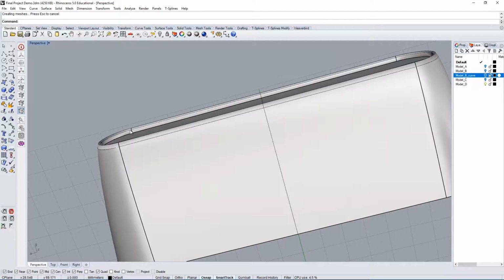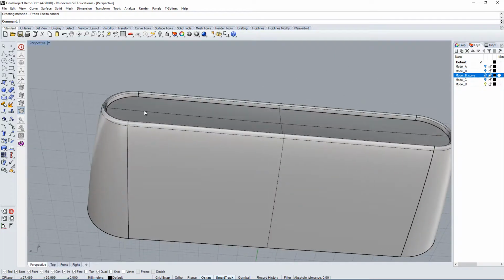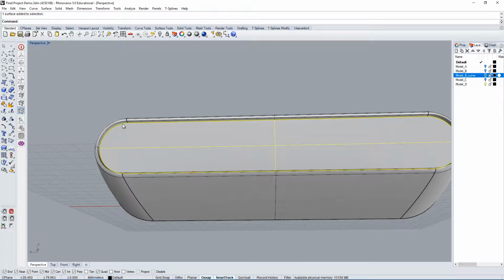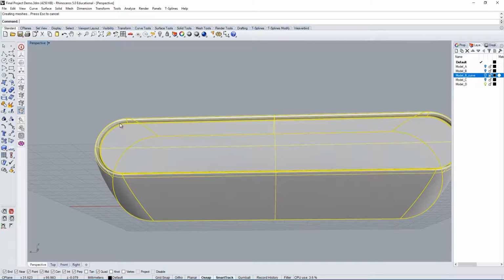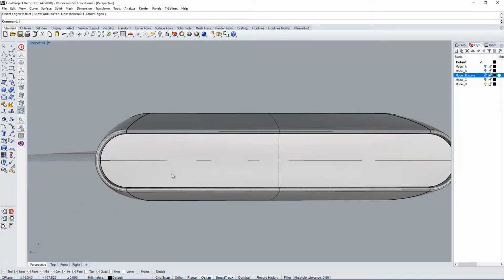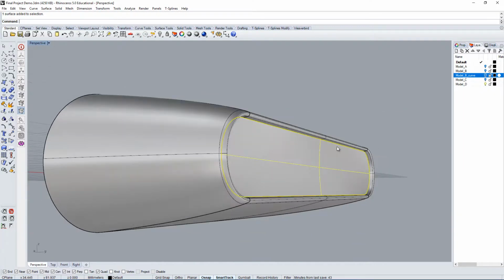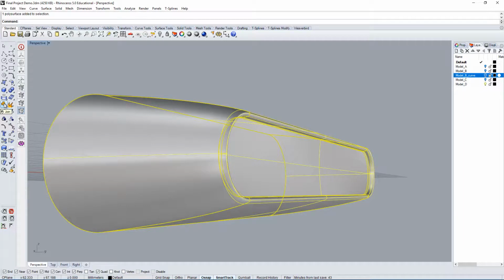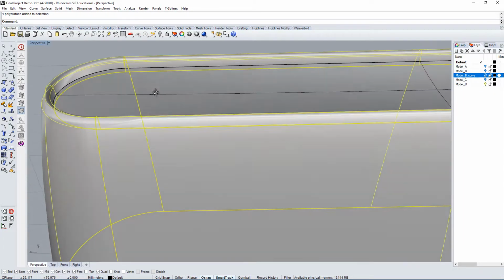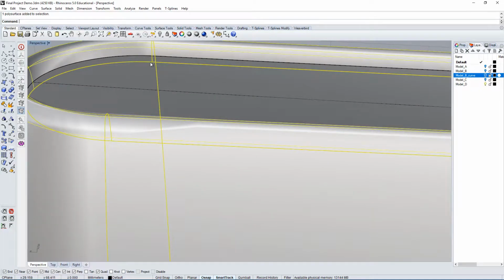Now if you wanted the inside to be nice and smooth, what you can do is just add a fillet edge. And in most cases, the fillet edge is going to give you good results. So if we join everything and use a fillet edge, it's not joining for some reason. Let's see, join everything. And it's not joined.